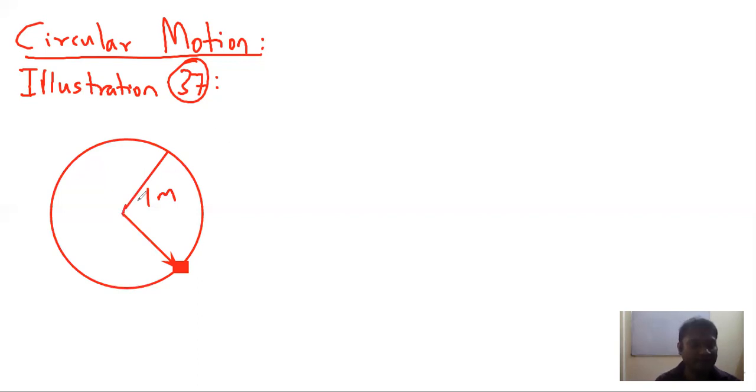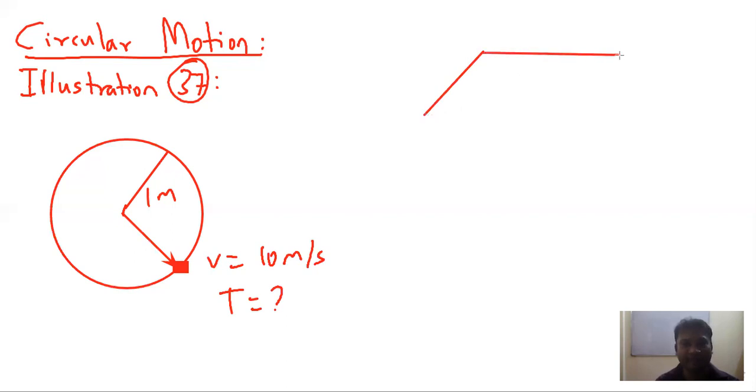Now, in this case, the block is moved on a smooth horizontal table with a constant speed of 10 meter per second. We have to find the value of tension force. So how will we find? So first of all, we have to imagine this diagram like this. So initially we have a table. To show it in 3D, I am making a table like this. It is actually a rectangular table. And on this, we have a